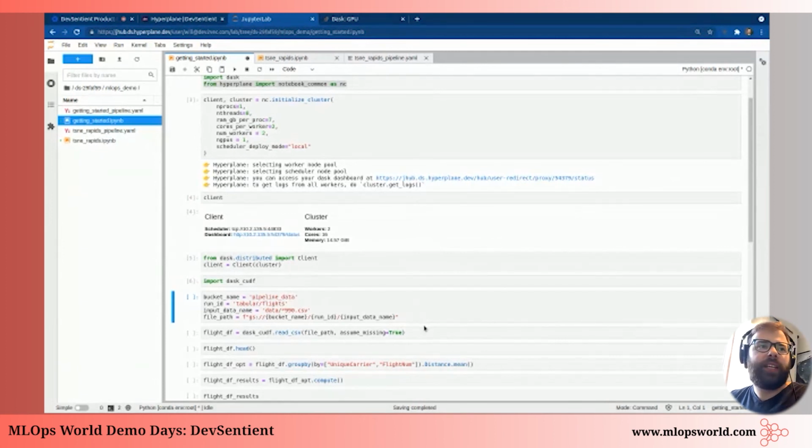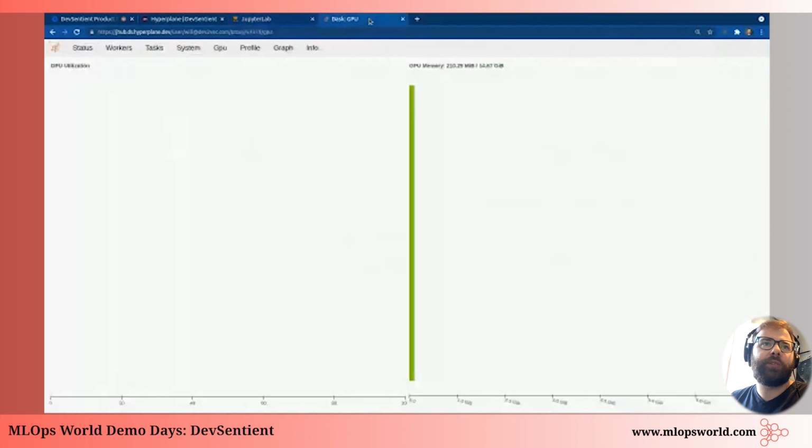So I'm going to load in some flight data here, and you'll see that I'm reading this in using the Dask cuDF API, which is very similar to the Dask data frame API. And I'm just going to call head here to show the first couple of rows. We switch over to our Dask dashboard. You'll see, okay, we're consuming some memory as we're loading that data set in now. There was some GPU utilization over here a moment ago.